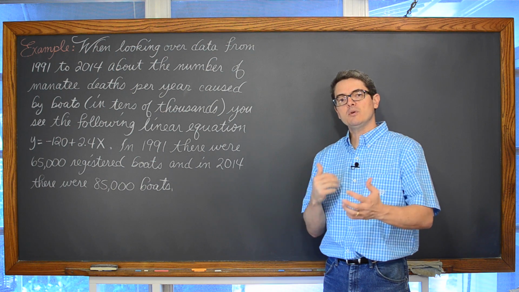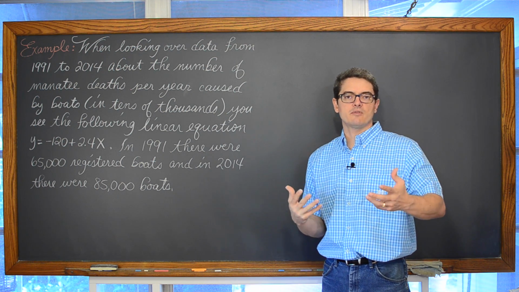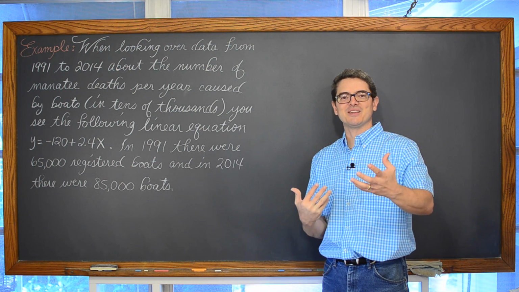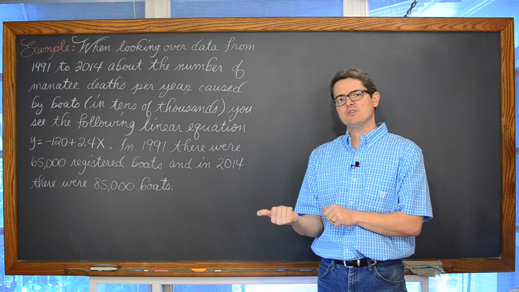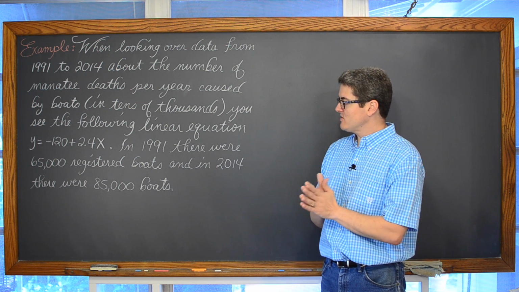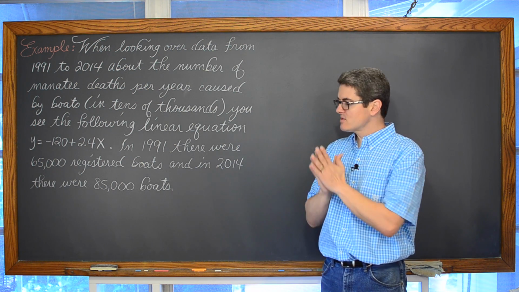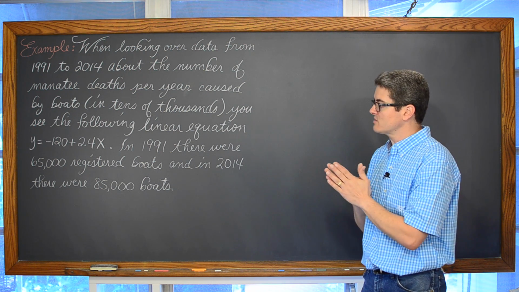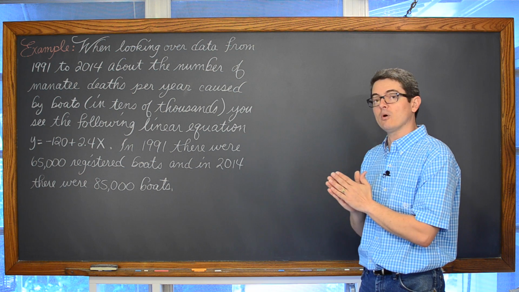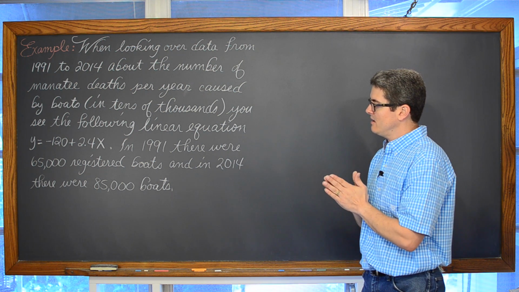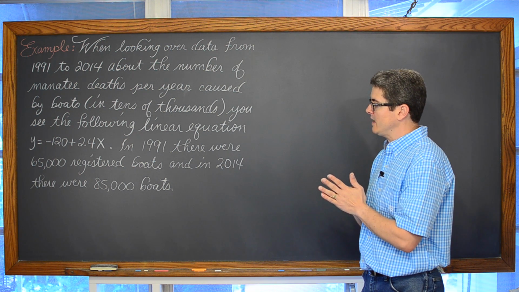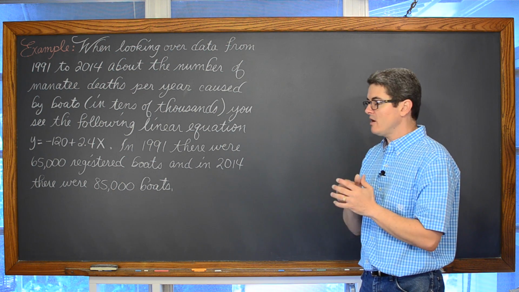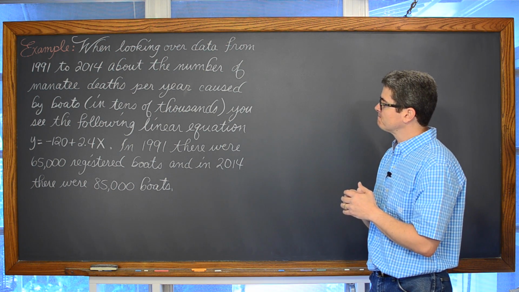I'm going to move out of the way. I'd like you to try and practice: pause the lesson, and with those definitions that were on the previous page, think about what's going on here. What do you think the correct interpretation for the 2.4 would be, and the negative 120? Now, before I step off and do that, remember, let's do this.